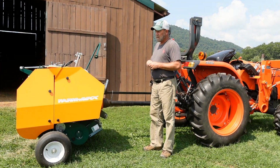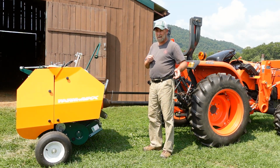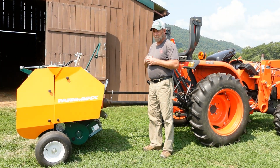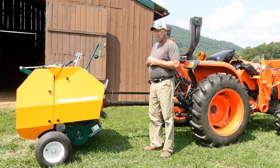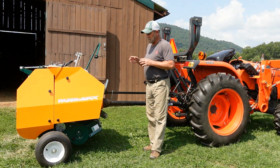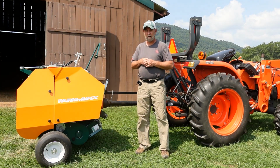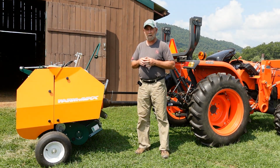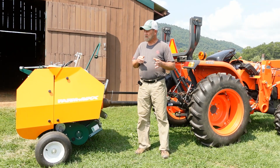But some of y'all noticed, I guess, when we baled our test plot hay with our mini round baler, that it didn't go unnoticed by some folks that we were using our mini round baler with a drawbar kit, and not necessarily a kit, but with a drawbar that we've designed. And if you go back and watch our video on the initial review that we did with the Farm Maxx mini round baler that's built by Redlands, one of the things that I touched on in that video was the